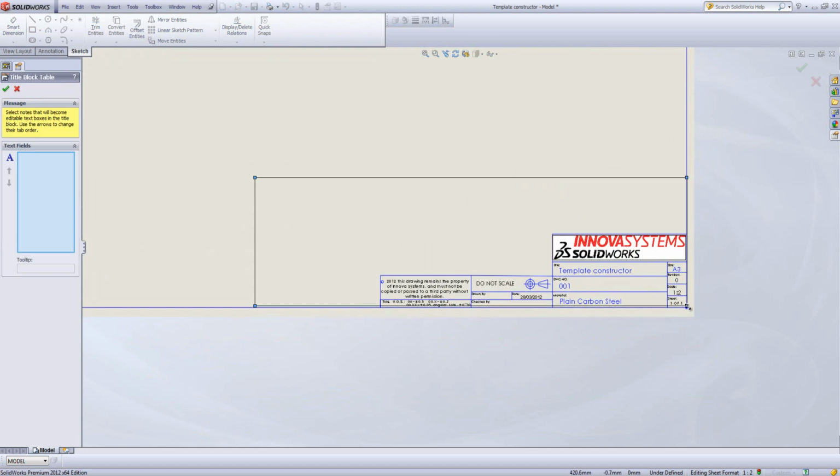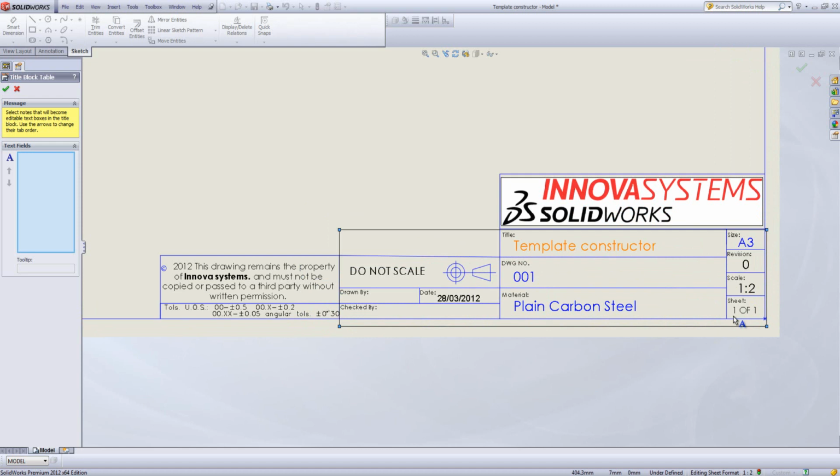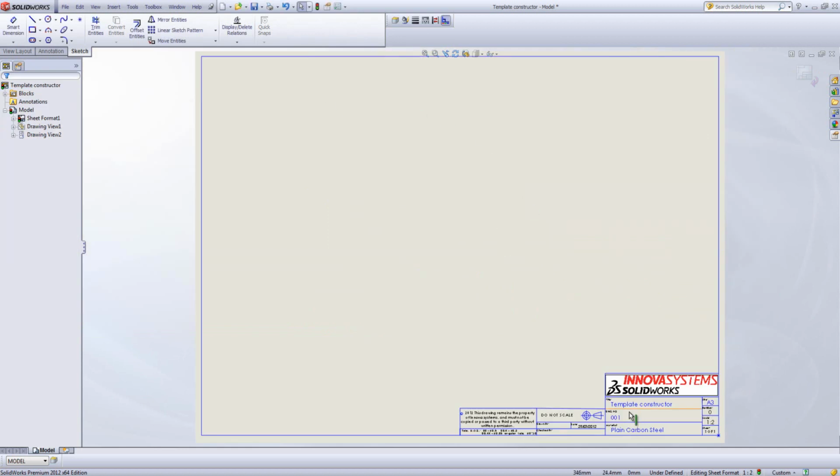If I define the title block area to a certain place, like the bottom right hand corner here, I can then go back in and use that bottom right hand corner and edit it any time. So I can select certain notes that I want to edit, like these ones here, or just standard notes that haven't been linked to anything yet, and we just click OK, and then they're now editable from outside the sheet format. So if we come out of the sheet format,